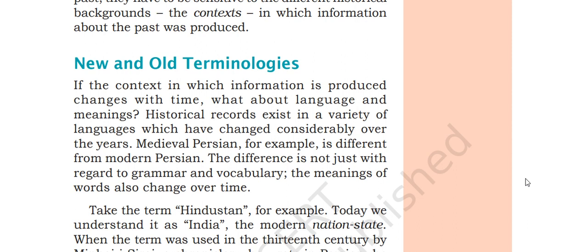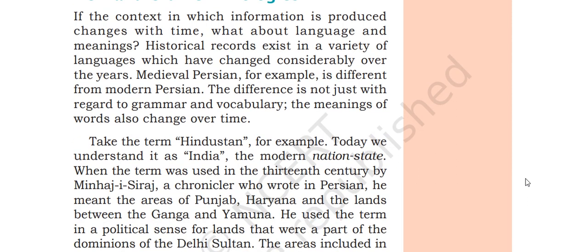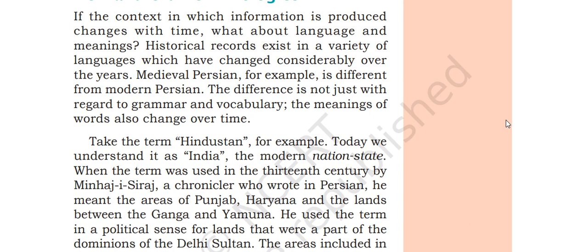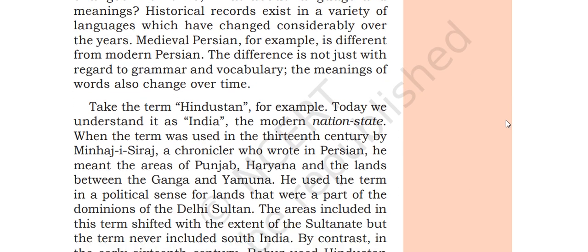Medieval Persian, for example, is different from modern Persian. The difference is not just with regard to grammar and vocabulary. The meaning of words also changes with time. Take the term Hindustan, for example. Today we understand it as India, and the modern Indian state. When the term was used in the 13th century by Minhaj-e-Siraj, a chronicler who wrote in Persian,